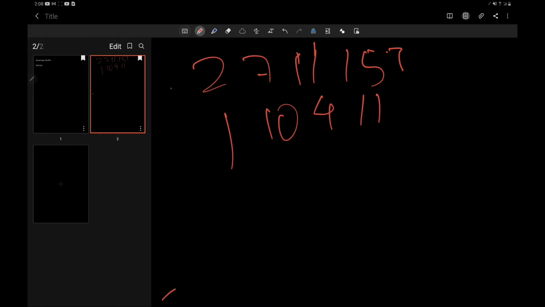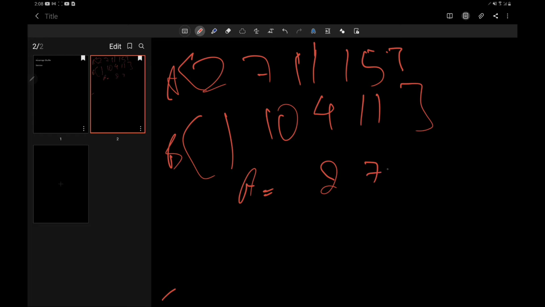Here are two arrays. Let's say this is our array A and this is our array B. The greedy approach would be to sort both of the arrays. On sorting, A is already sorted. Now on sorting the other array, it would be 1, 4, 10, 11.